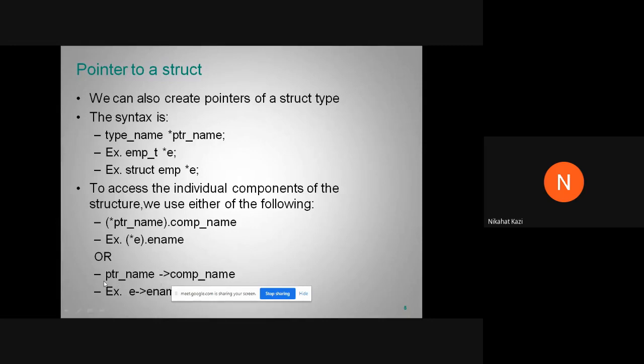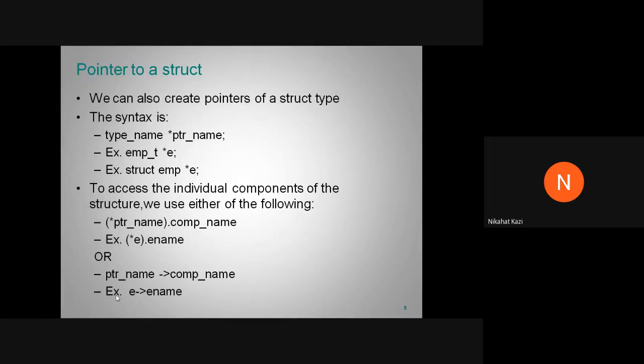Okay, so the syntax is simply the pointer name followed by the component name. So if e is the pointer name, then it will be e arrow e name. You do not have to use the star and dot, and it becomes very simple.